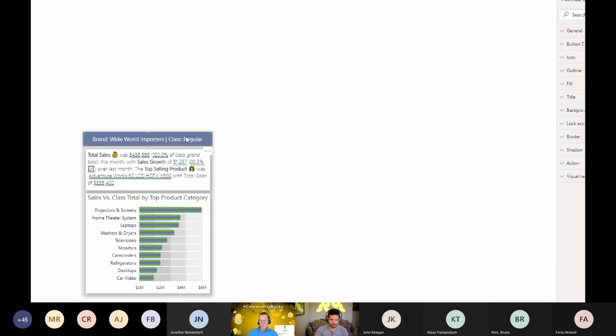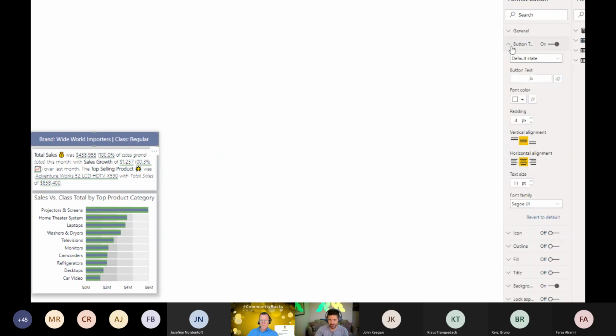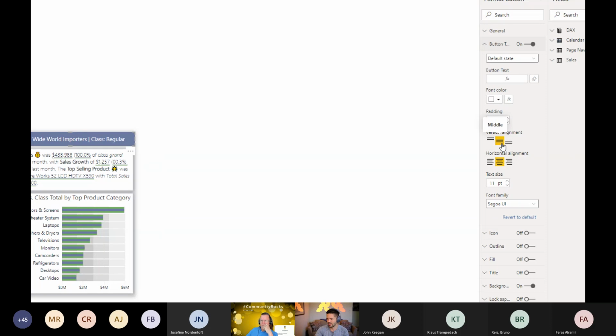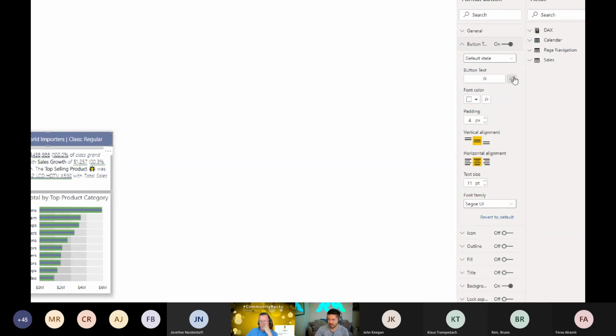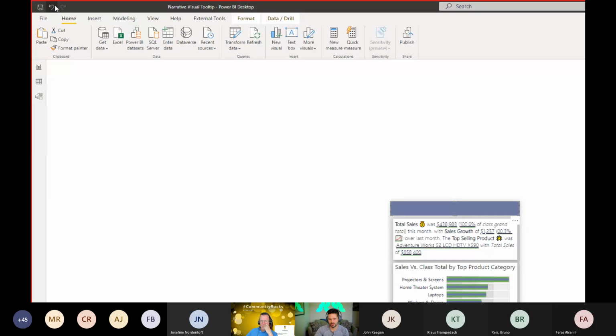This top section is, again, the example from like last time that I was just mentioning in the previous demo. It's a button. I use buttons for a lot of things besides actually activating bookmarks. They're so customizable that they work in a lot of different scenarios. And again, the number one thing that I appreciate about buttons is the fact that they have alignment in here and some other configurations. And the great thing about the text, whatever's displayed on it, it doesn't just have to be static text that's in here that's typed in. Instead, you can actually tell it to use a measure.